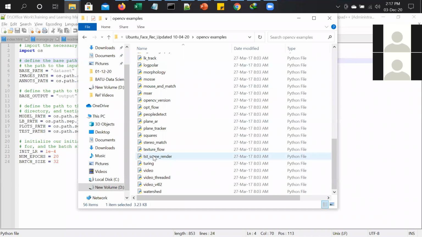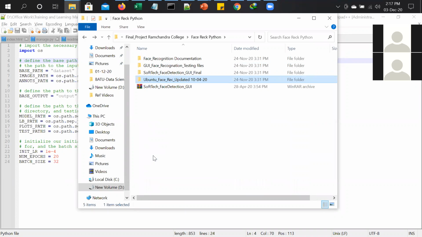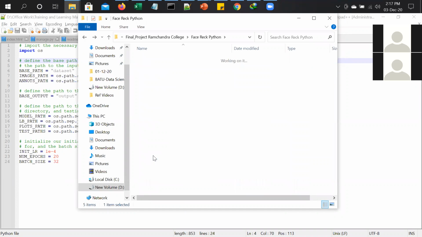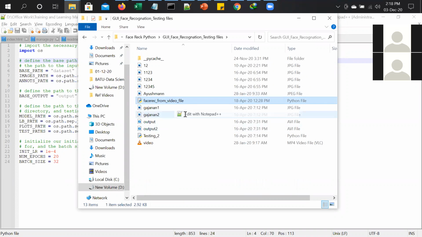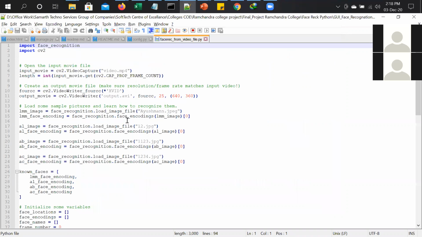So there are a lot of things for this. What I'll do is, yeah, this is just one file. Now what we have done is we have imported face recognition directly. As you can see, there are some libraries which are already created for us. Those are open source libraries, so we can change them a bit, like how exactly we require. So we made necessary changes in the face recognition library, and that we have imported, and then we imported CV2.